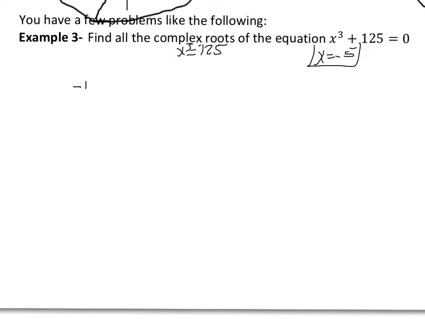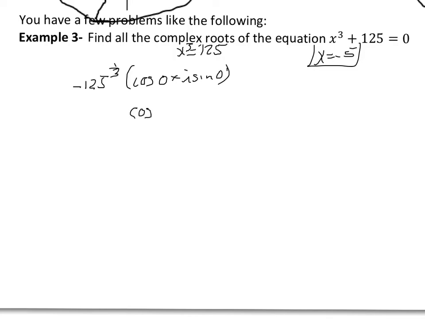With trig form, we're going to do this. We get negative 125 to the 1/3 power, and then we know we've got the cosine of 0 plus I sine of 0. And now, to put it in root form, we get the cosine of 0